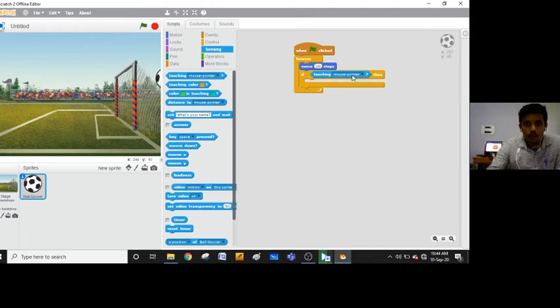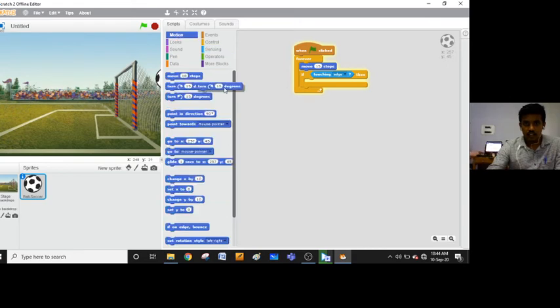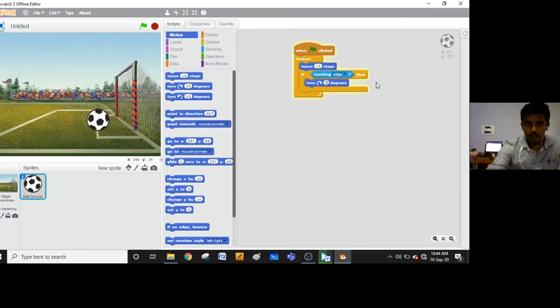If touching mouse pointer only is coming, okay, if touching edge. What will happen if touching edge? It should turn 5 degrees clockwise. 5 degrees I am taking.